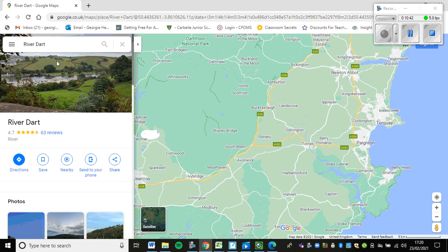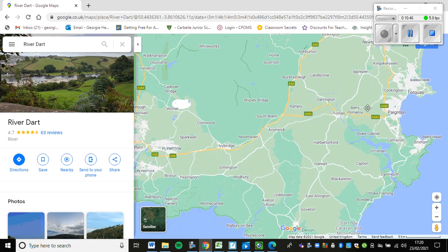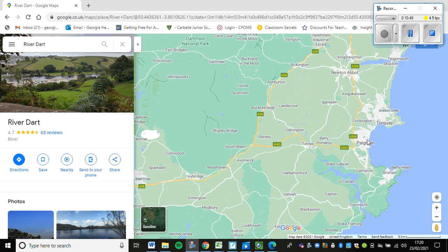Where is it on the map? Where is the River Dart on here? Okay, so water on a map is usually represented by the colour blue. Because I'm looking for a river, I'm going to look for a long blue line, which I found here. Now, normally it comes up with a little red marker to show you where the river is. If it doesn't do that, look for that long blue line of water, and it will get wider as